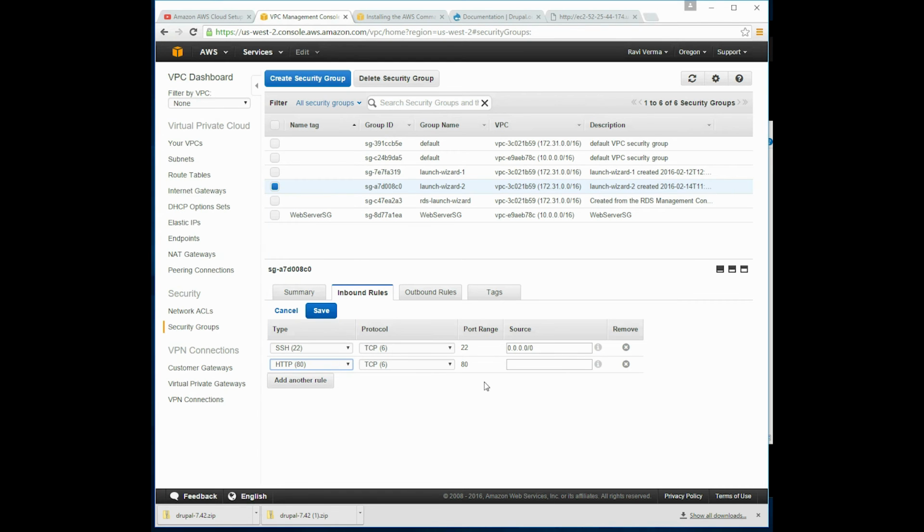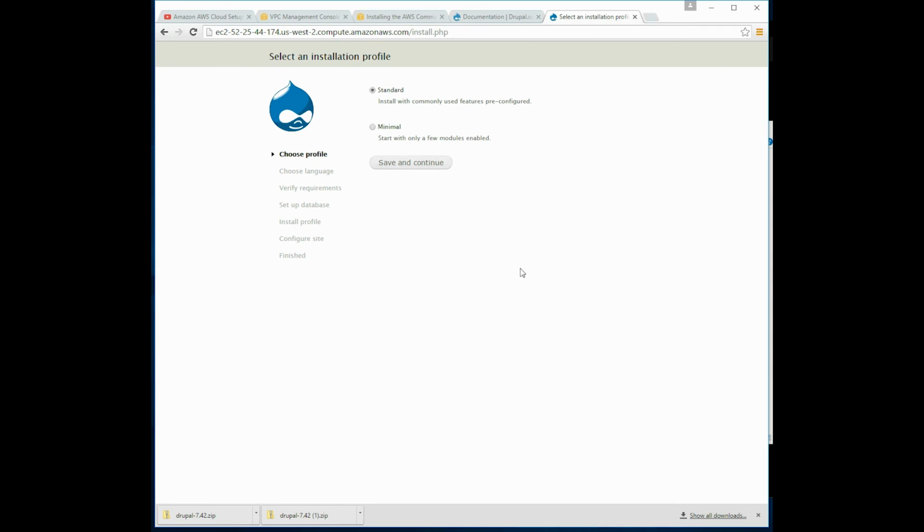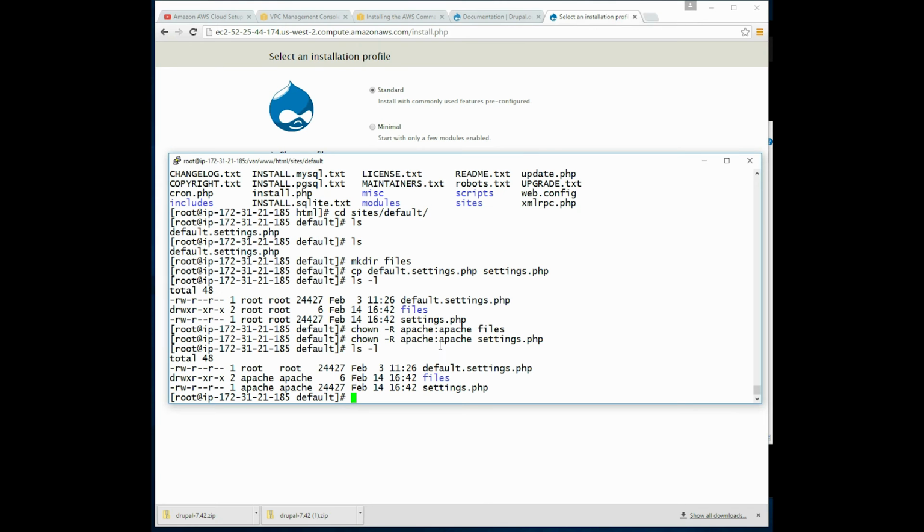and I allow access from everywhere. If I wanted to give access only from internal, I could have chosen a different VPC, but not part of this conversation. All right. So now HTTP access is available. Let's see if it is any different. So see, now I'm getting the install page for Drupal,